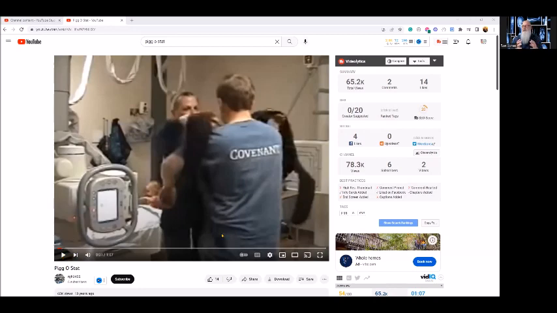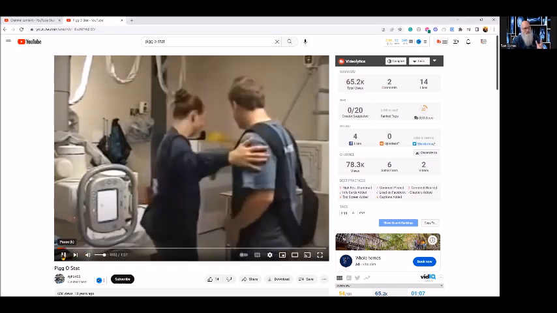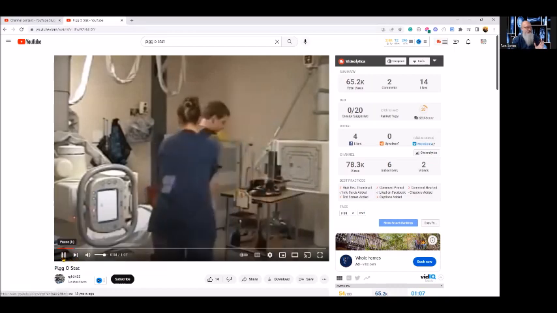What you've got here is a situation where we, as techs, have to image a child who's too small to really obey commands for the most part, or they're hysterical or whatever. And you can see the kid down there in the corner playing on the other side of the room. But parents are allowed to come in and assist, or you don't even really need parents, which is the other benefit of this machine. But let's get this guy some lead on, because what's going to happen here is,